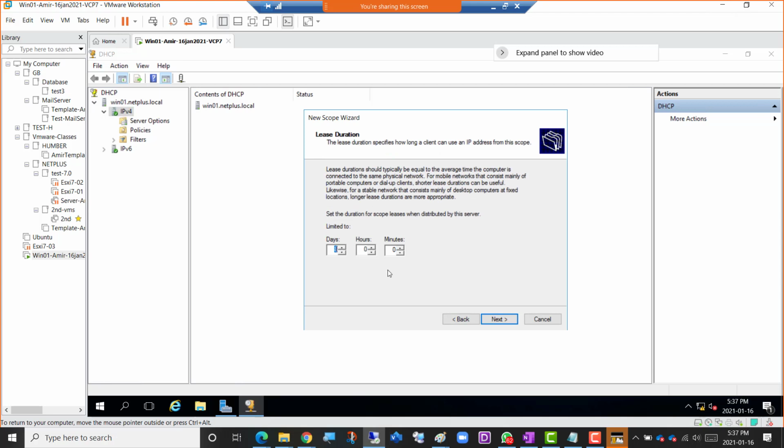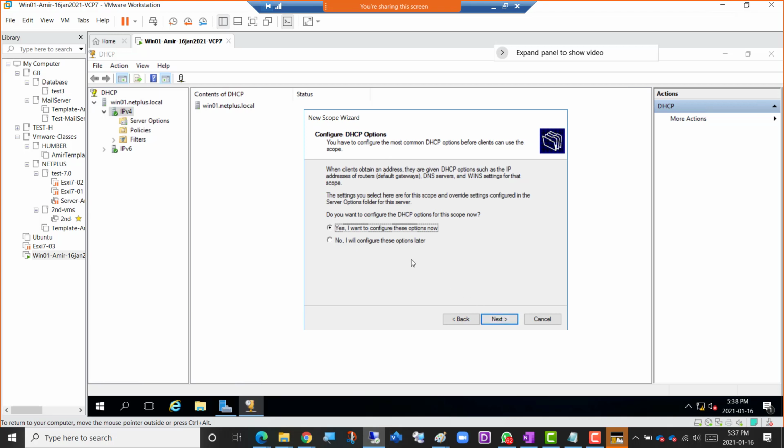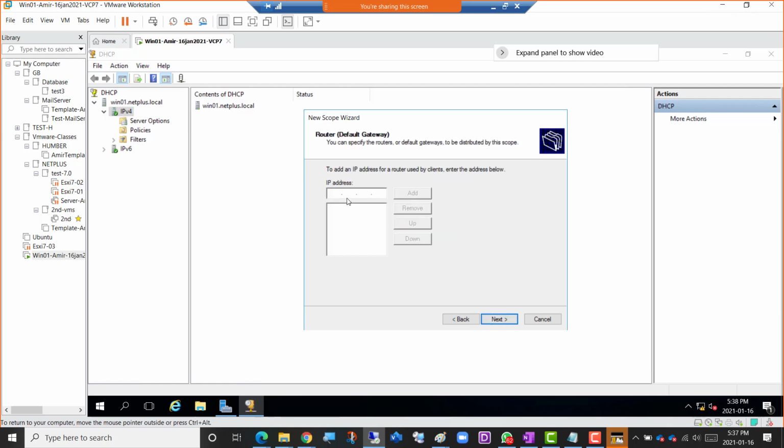And lease duration of 8 days is okay. It's just a training environment. Next. Yes, I want to configure these options now. So these are just some advanced options for when the DHCP gives an IP address to any machine that needs it, what other information DHCP should give. I'm going to click next here. So I want the DHCP to give other machines that information, that we have a fake gateway here as well. So 192.168.200.1,